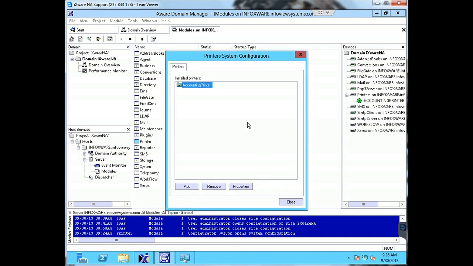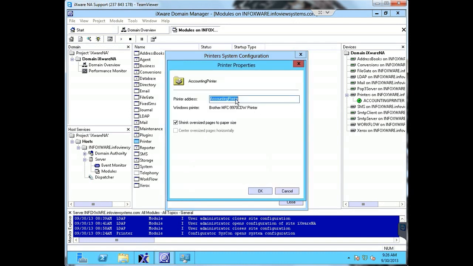So once you've done that and you click OK, it's going to be listed there in your installed printers, and it's now called Accounting Printer. If you go to the properties, you can see that Accounting Printer associates to that Brother printer I created. So if you ever forget, if you've set up a number of printers and you forget which one is which, you can always go to the properties and verify which Windows printer that is